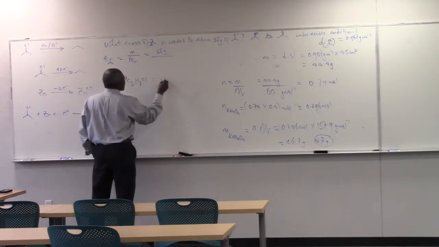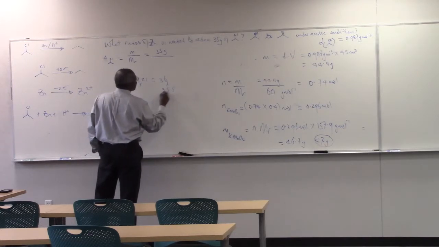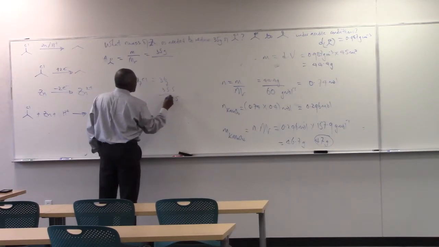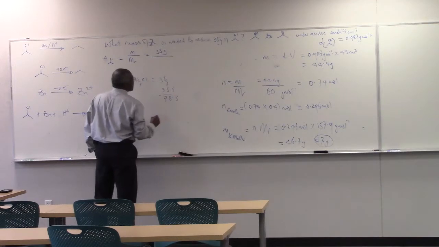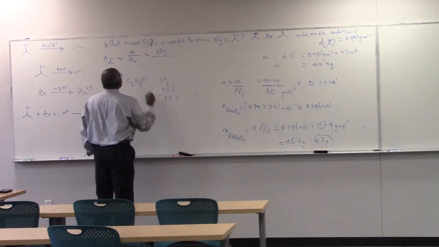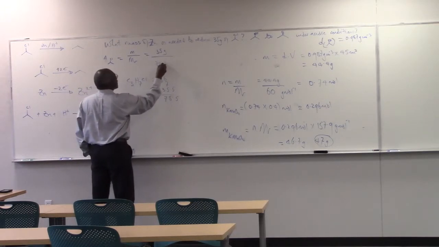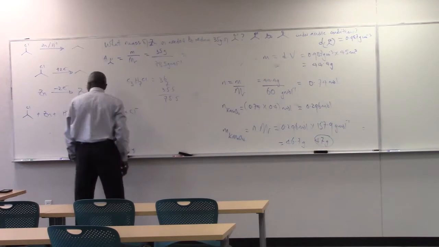So that's 36 plus 7 plus 35.5. So that's 6 and 7 is 13 plus 3 is 18. 6 and 6 is 3 and 3 is 6 and 1 is 7. So that's 78.5. So this is 35 grams over 78.5 grams per mole, which works out to be,